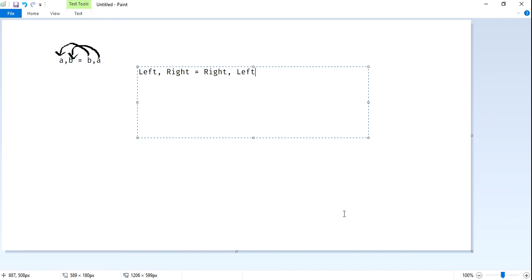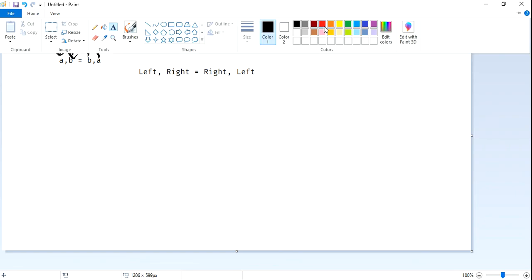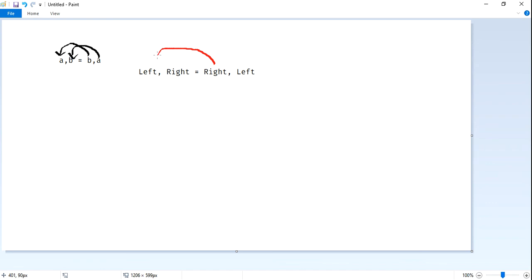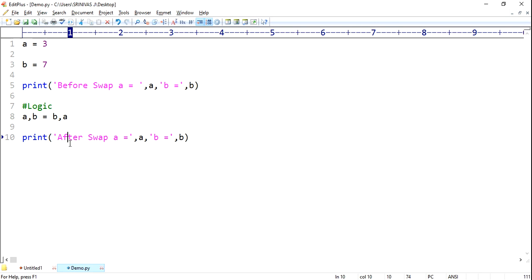The right value is coming to sit in the left, and your left value is coming to sit in the right. This is done in a single line. No need of any third variable. By performing this, you can do the swapping of two numbers.